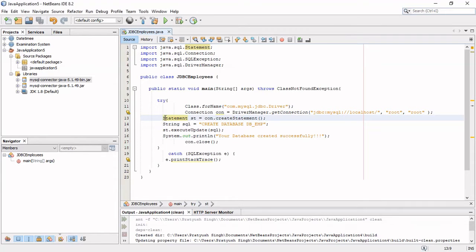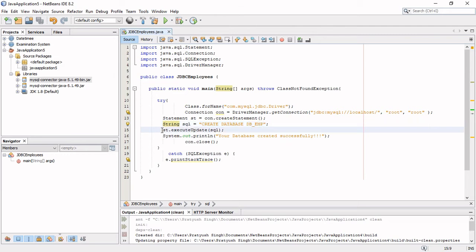Here we are creating an object of the Statement class, and we are initializing this Statement class object using con.createStatement. In the next line we are creating a variable sql of type String, and we are storing a simple query inside it which will create a database named DBEMP inside our database server.